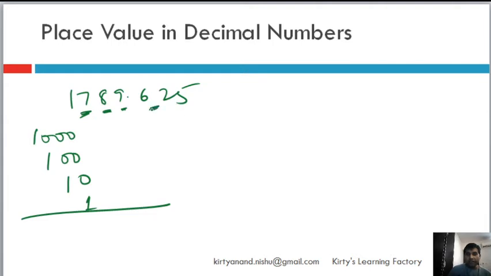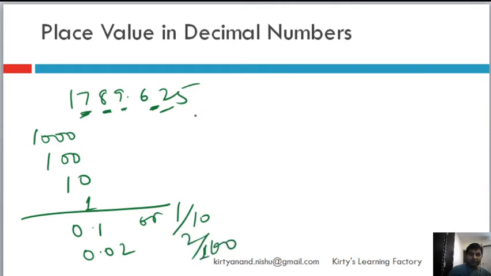Now what is the place value of 6? It is 0.1 or 1 by 10. What is the place value of 2? It is 0.02 or 2 by 100. What is the place value of 5? It is not 0.02, it is 0.01. Okay, 1 by 100, my bad. Then you multiply it with the face value. What is the place value of 5 here? It's 0.001. Simple. Continue to extend it, do not overcomplicate it, it's a simple thing.